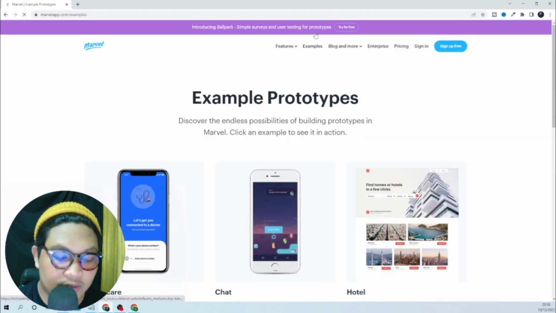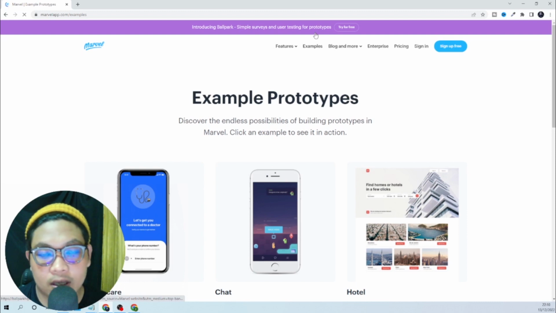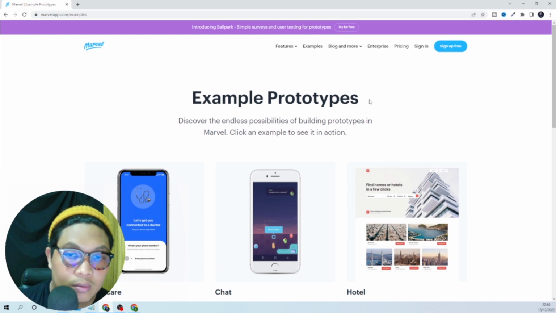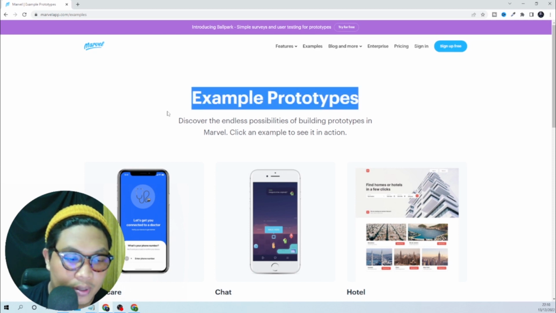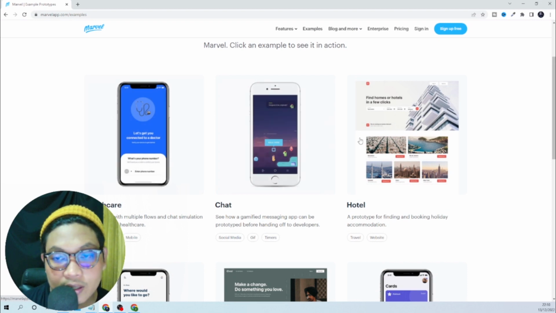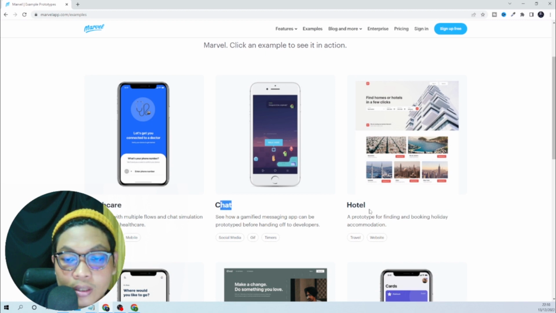The difference in Marvel is that we can see examples of prototypes that are already running, like healthcare apps, chat apps, hotel web,